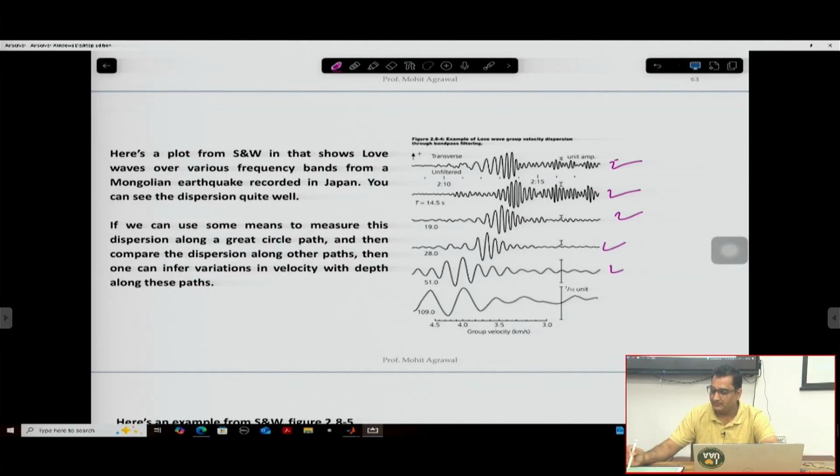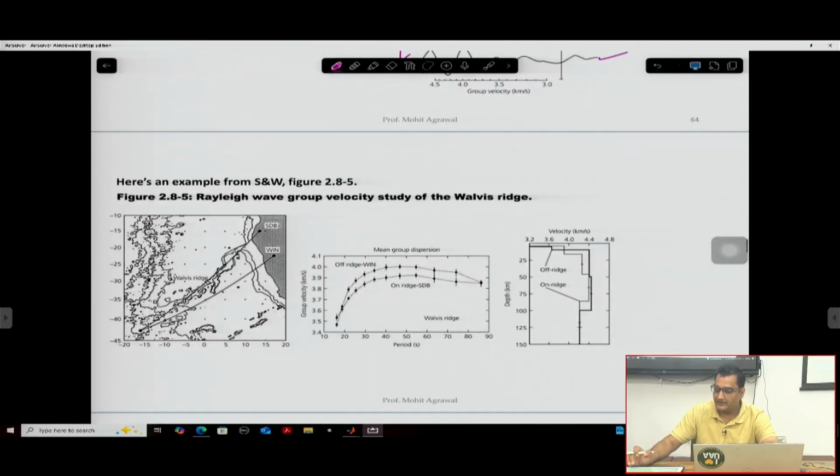As you go deep, from top to bottom, the period is increasing. So the higher period waves you can see are coming earlier. As you decrease the period, the arrival times also decrease. So this is the phenomenon we saw, and then we took this example of the mid-Atlantic ridge,